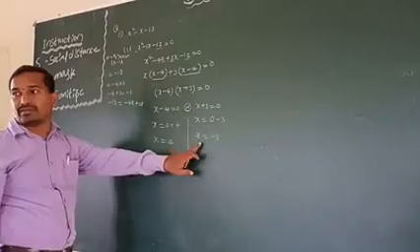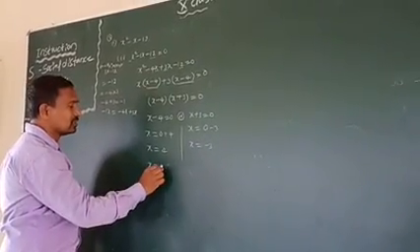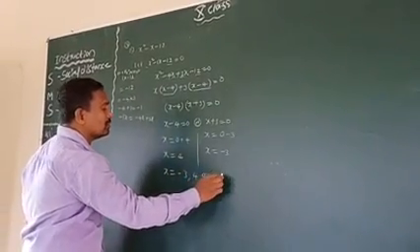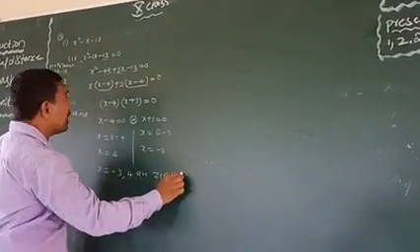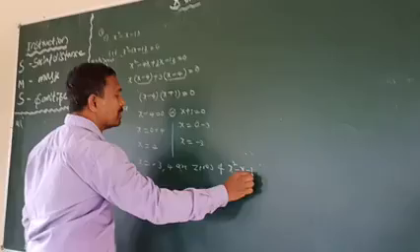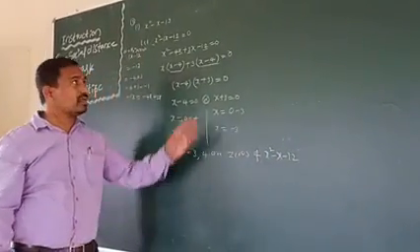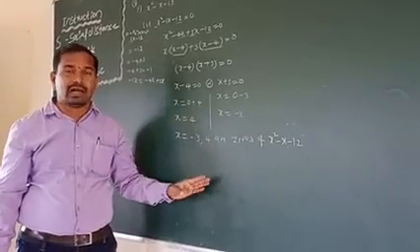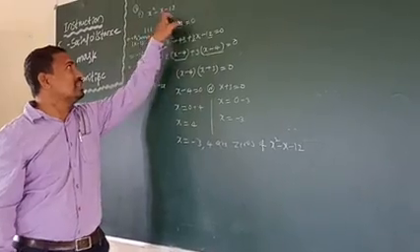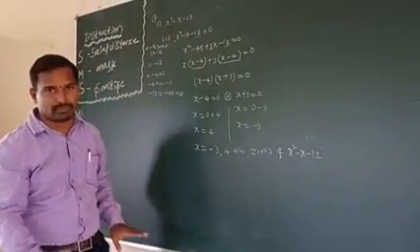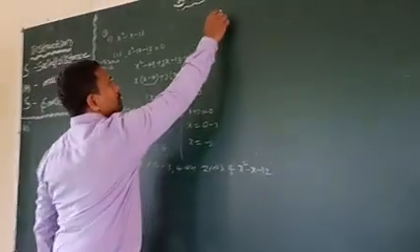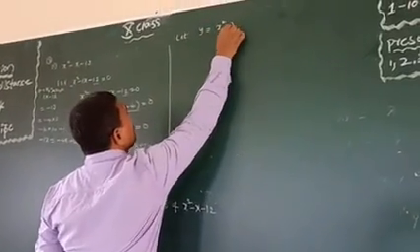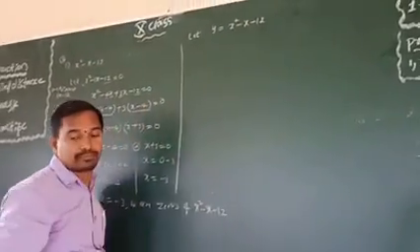So we got these two values. These two are zeros. x equal to minus 3 and 4 are the zeros of the quadratic polynomial x square minus x minus 12. So now we have found the zeros. To draw the graph, first let us assume this polynomial is equal to y. Let us take y equal to x square minus x minus 12.